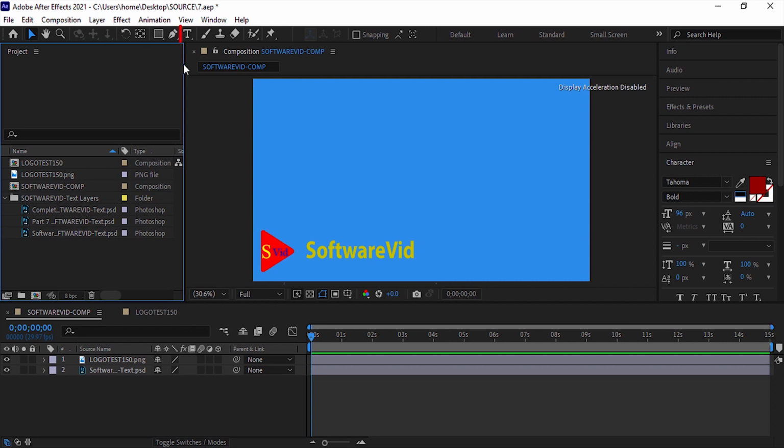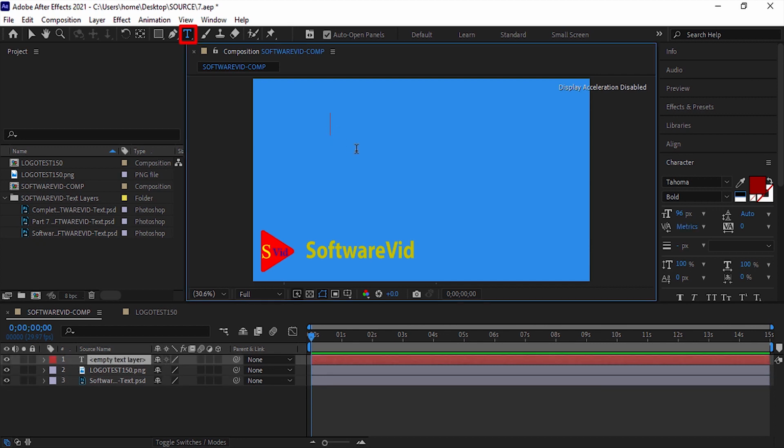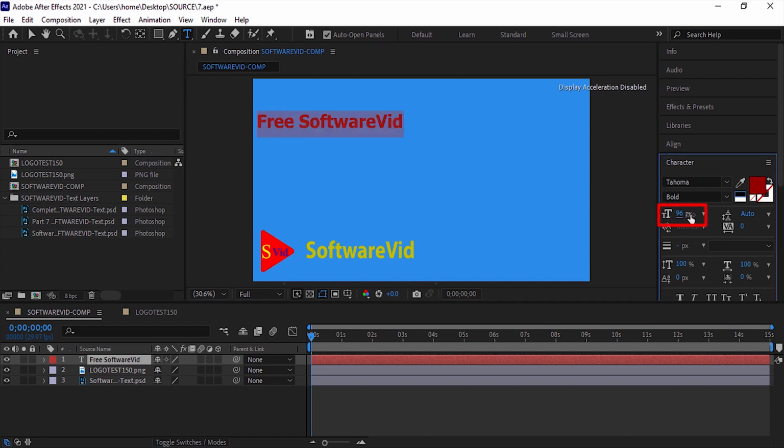Click on this icon to get started. Now click somewhere in the composition panel and insert the text. In this case, each time you press the Enter key, you will be transferred to the beginning of the next line. In the end, just click on the Selection tool. Important note, using this option we can change the font size.